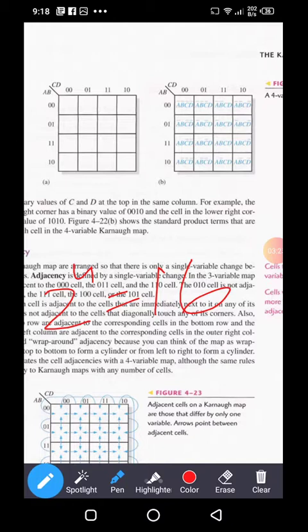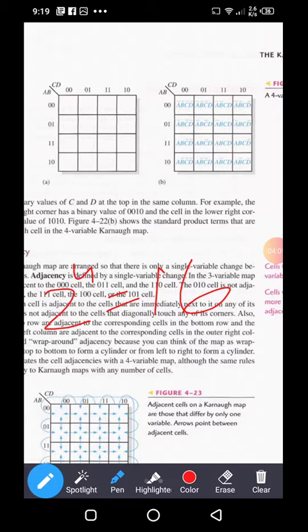Now as I have already told you, Karnaugh map is similar to a truth table. So there are 4 rows and there are 4 columns. You have already seen in the previous class, in which I taught you 3 variable Karnaugh map, there were 2 columns and 4 rows. Why? Because there were 3 variables. Variable A and B were written below the diagonal line at the corner and variable C was written above the diagonal line.